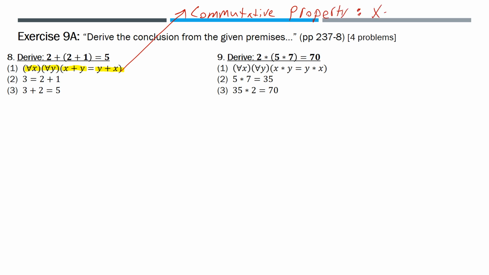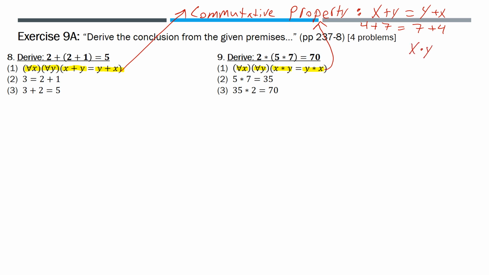That x plus y equals y plus x. For example, 4 plus 7 is equal to 7 plus 4. And likewise, for number 9, premise 1, we have for all x, for all y, x times y is equal to y times x. This is also a reference to the commutative property, this time, of course, to multiplication,